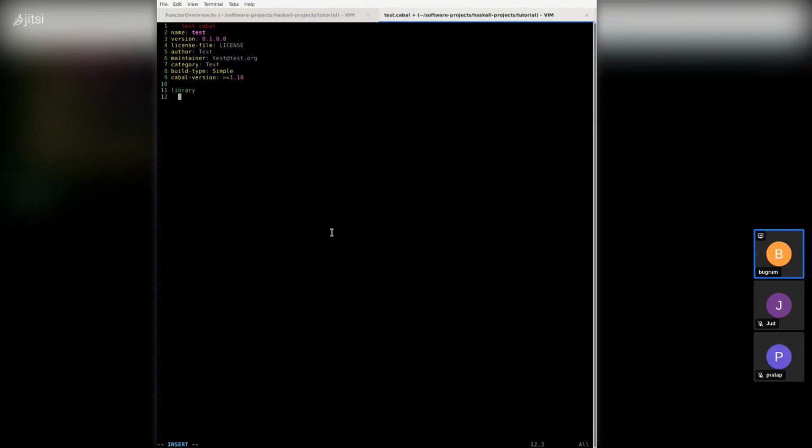Library. Be where we actually expose our modules. And we do a dish, let's call it Functor Overview and GHC options, Wall, and tabs for tabs, and then we can actually get started on what's important, which is